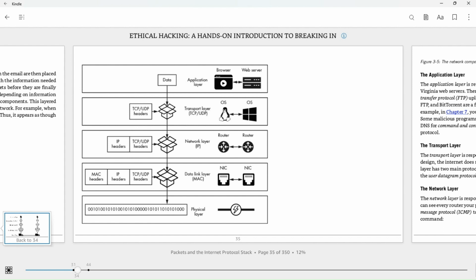IP headers and TCP layers, so it's adding another layer to your information. And this is added in the network layer. Your IP headers are added in your network layer when it's going from router to router. And then your MAC headers are added in your data link layer when it's going from NIC to NIC to see who's who. And in the physical layer, it's sending your binary numbers,